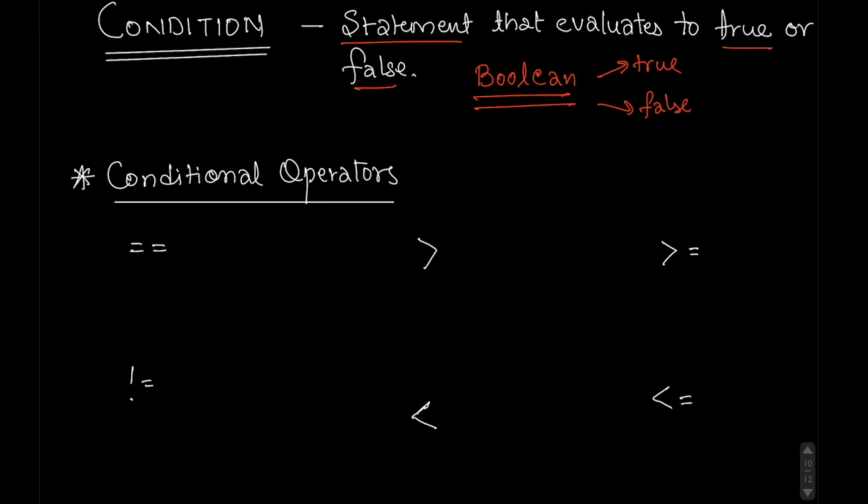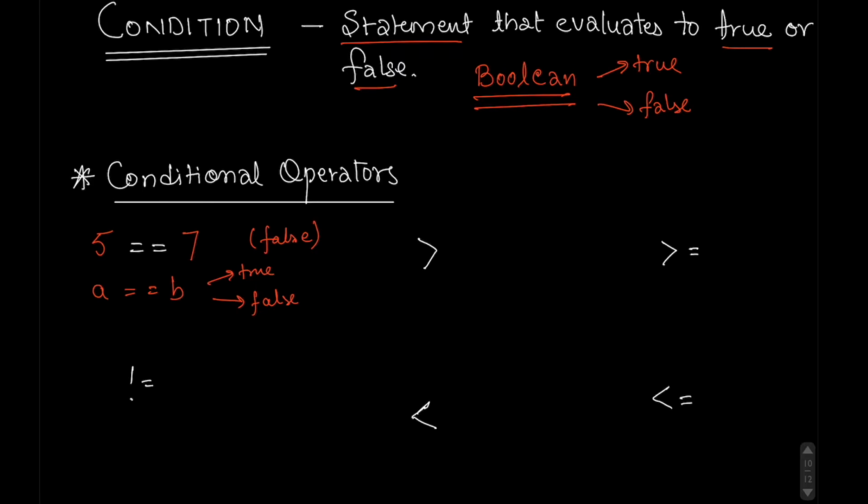it works. So the first one is the equals to operator. This checks whether the two operands are equal or not. One example can be 5 equals to 7. This evaluates to false because they are not equal. For example, if we have something like variable a equals to b, this will evaluate to true if a and b are equal and false if they are not.